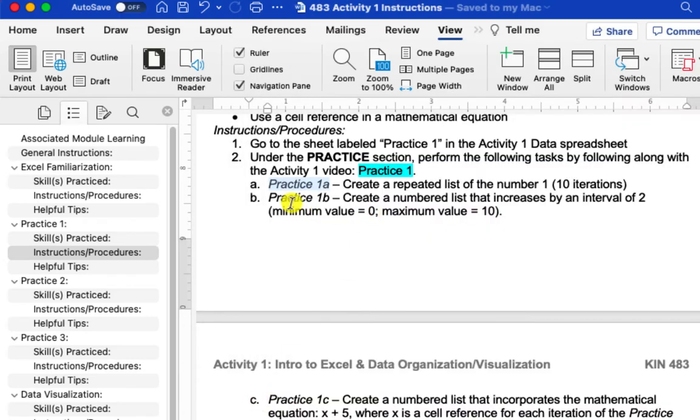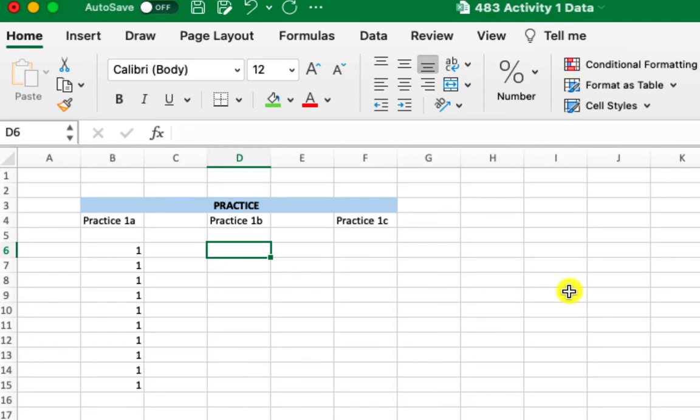For practice 1B, we want to create a numbered list that increases by an interval of 2, starting at 0 and ending at 10. Obviously, the last one was creating a repeated number. If we want to quickly create a pattern in Excel, we only need 2 numbers. So if we're starting at 0 and we go to 2 and we want this list to increase by an interval of 2, we would highlight these 2 values, hover over the green square,